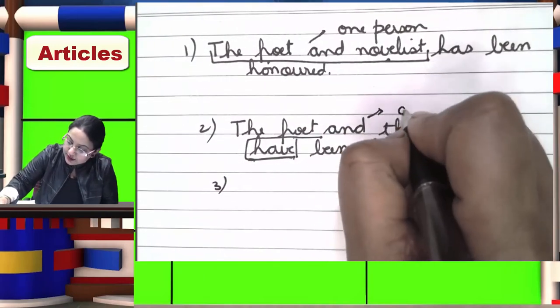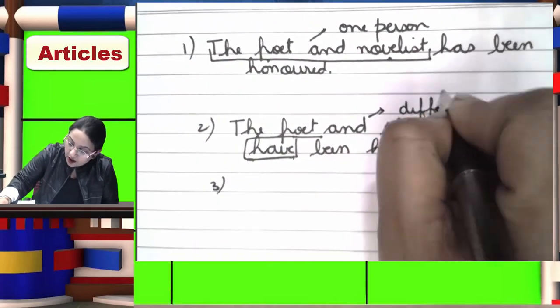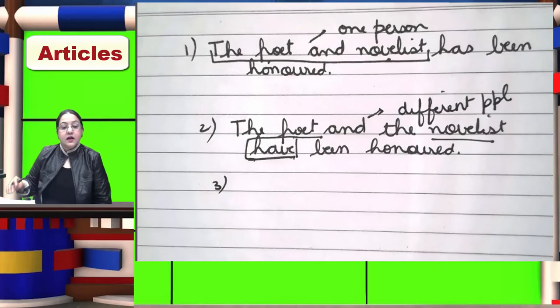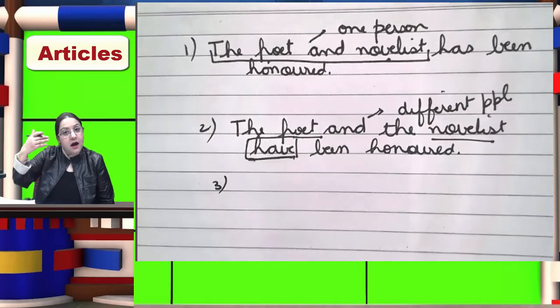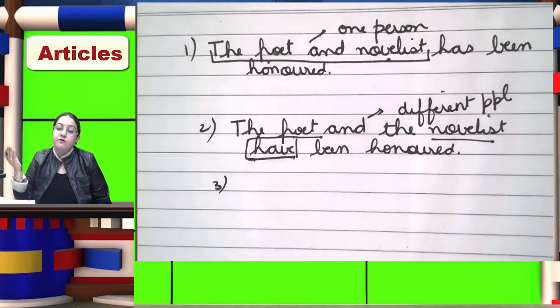Let us take another case. This was the case of different people. Now why am I discussing this case? I am discussing this case because when you are going to fill in the blanks with the articles, you may get such cases and you may get confused as to what should we fill here. We should fill a here, or we should fill an here, or we should fill the here. So you do not find a problem with the exercises. That is why we are taking the complicated cases. Now when we start doing our exercises after this class, you will find it very easy to fill in all the fill-ups of articles and it will become very easy for you to solve the questions.